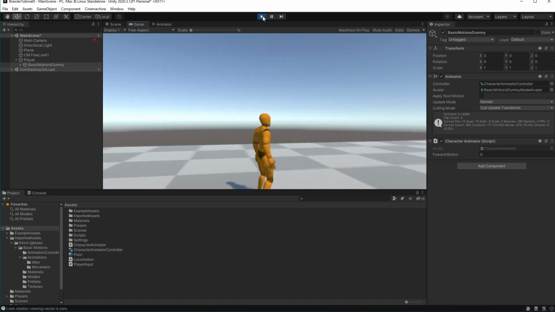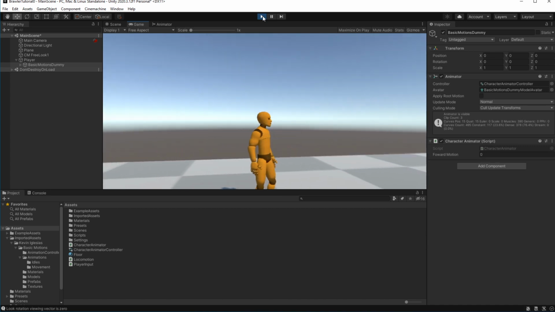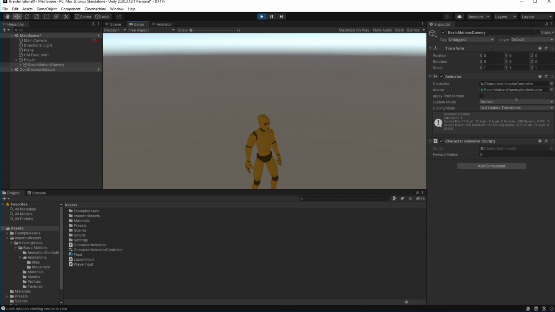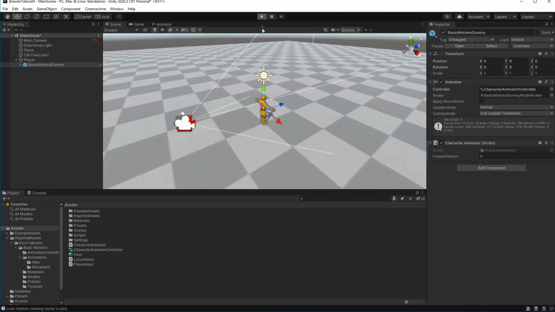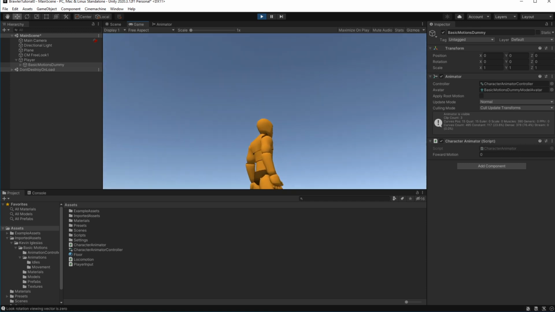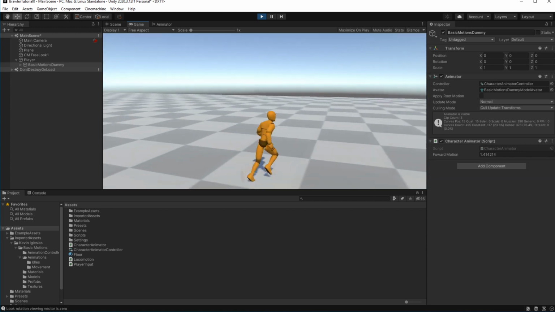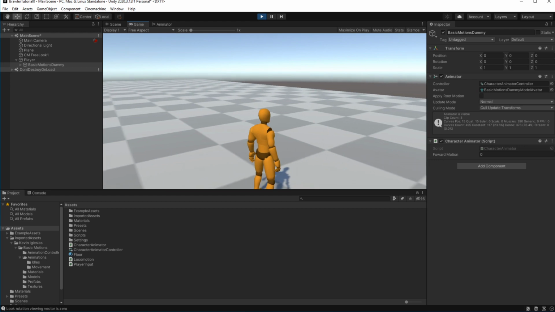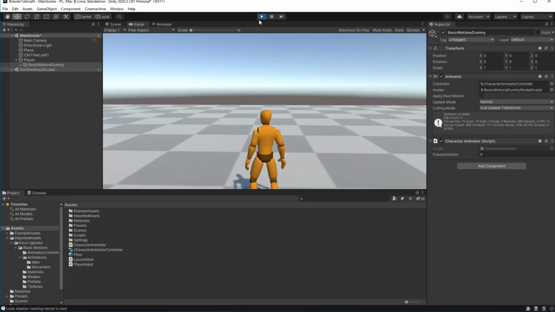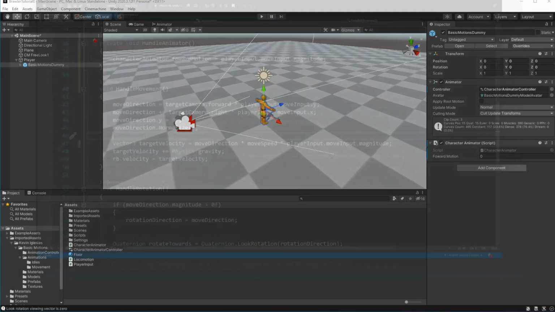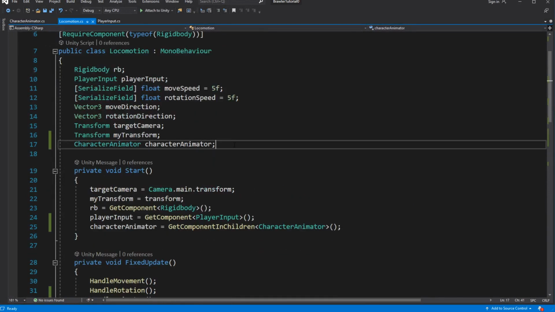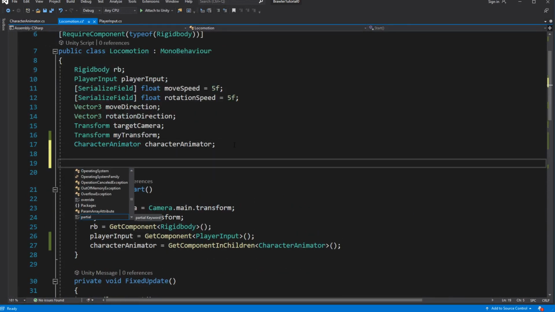But now, if I hold W and D at the same time on the keyboard, or W and A, it will combine them into a higher value than 1, and cause the character to run faster than he should. Let's make a property called forward motion, which will return the input magnitude, which will be clamped between 0 and 1.